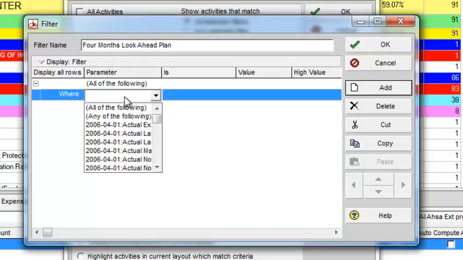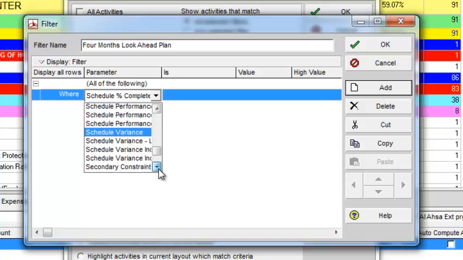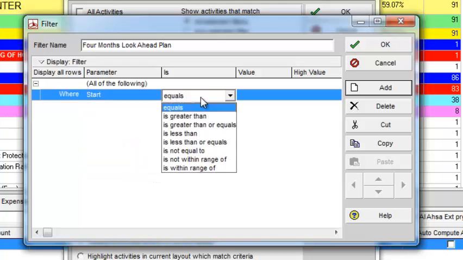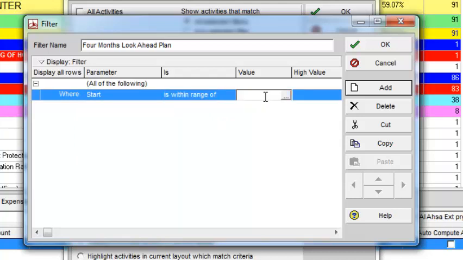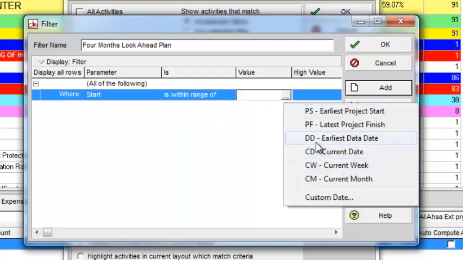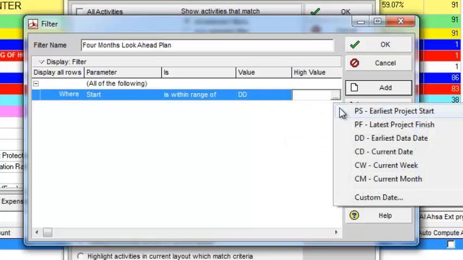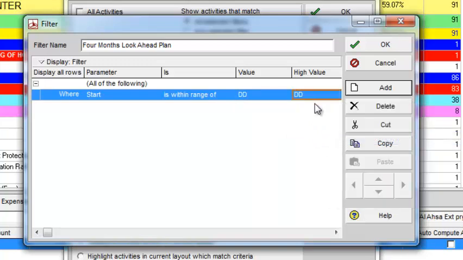Here the start is within the range of data date plus 4 months, and